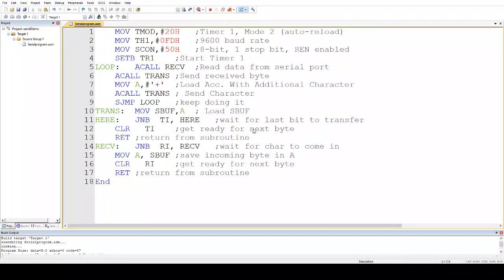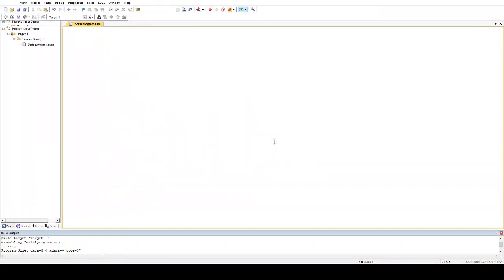Since I am using the evaluation mode, it is showing this message that it is running with code size limit 2K. Click on OK. This process will start the simulator.